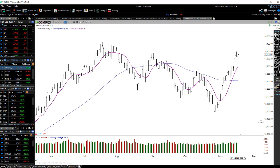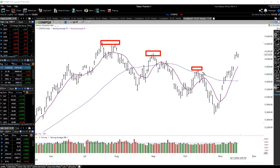The thing that I'm seeing here with the Nasdaq charts is that we've had a high through here, a lower high and a lower high, and now we've made what? Now we've made a higher high. So what does that actually mean in the big picture of things? Well, it means now we're no longer in a downward trend, but we're not in an upward trend yet. We're in that teeter-totter moment